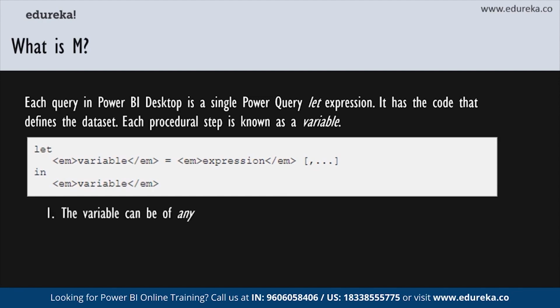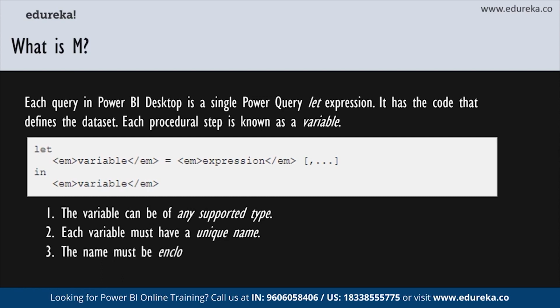Now, the variable can be of any supported Power Query type. Each variable within a let expression must have a unique name. But again, Power Query is fairly flexible about what you call it. Just make sure it makes sense and it's easy to remember for you. Now, you can include spaces in the name, but you have to enclose it within double quotes and precede it